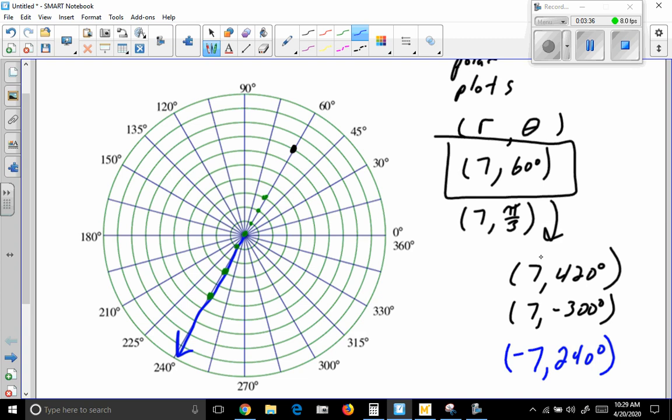It can create issues if we're doing things like finding intersections of two equations, because when we do things like substitution or the addition method, we're using the assumption that when two functions intersect, the name of that point is the same for both functions. But if for one function it uses that name for that point, and for another function it uses that name, or even that name for that point, then as far as our radii being equal or our angle being equal,